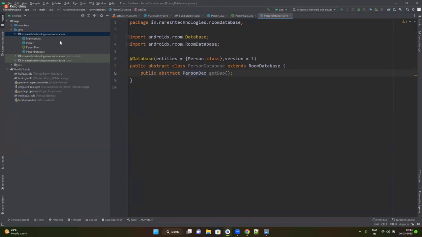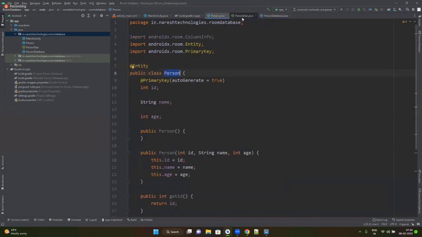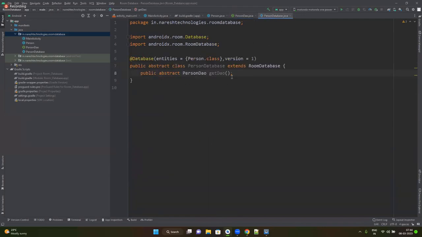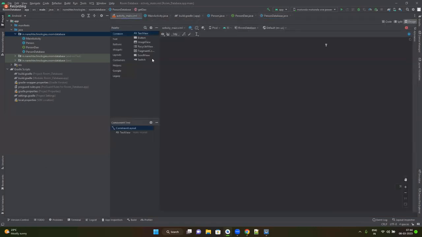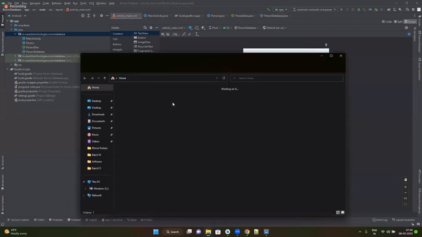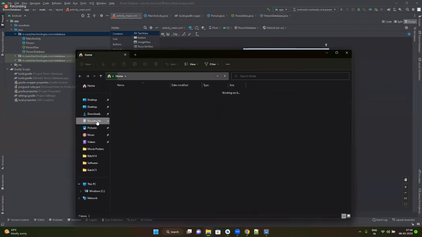Then what is the last step? As all these are connected by default, this person is here and the data operations are happening like this, and the database is entirely connected here. The next step is to create the UI. For UI creation, I'm not going to waste a lot of time. Instead, what I'll do is I'll go back to